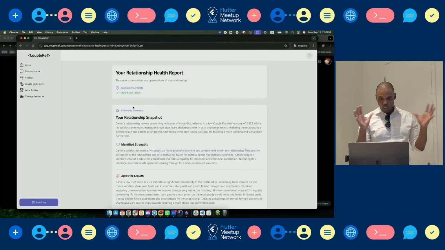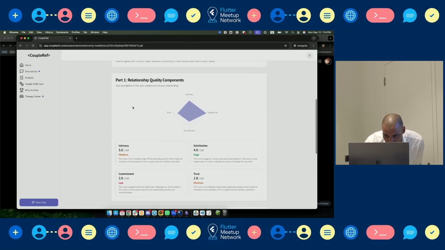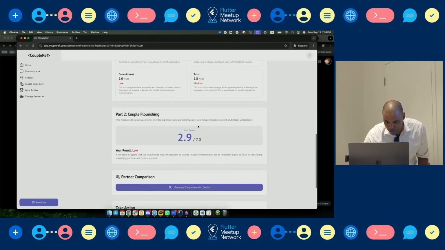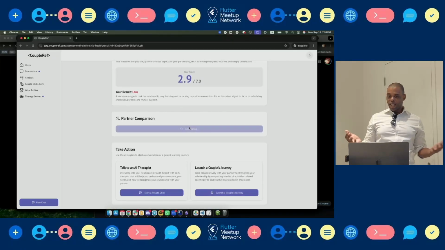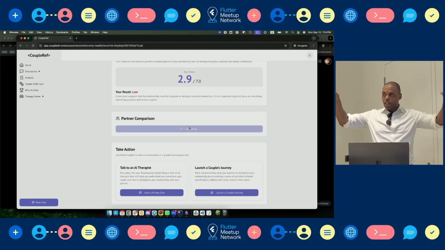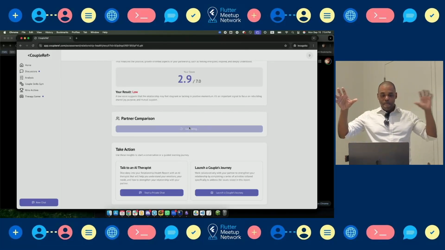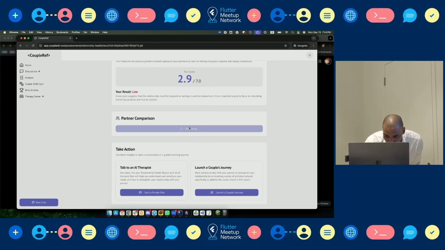So I took this relationship health report, which is a very common assessment that your therapist may give you, and it's giving me some insight. Has a chart here to show, okay, where you're kind of falling overall in your relationship. And then you can also, if your partner takes it, generate a comparison. So now, because we've linked accounts in the app, it's going to look at my exam, her exam together, and then it's going to be like, okay, hey, here's what's happening.